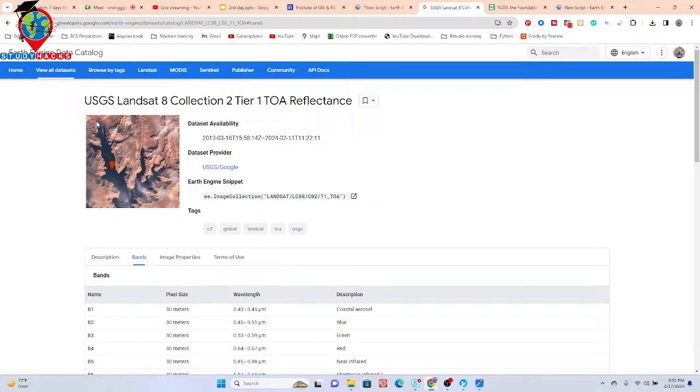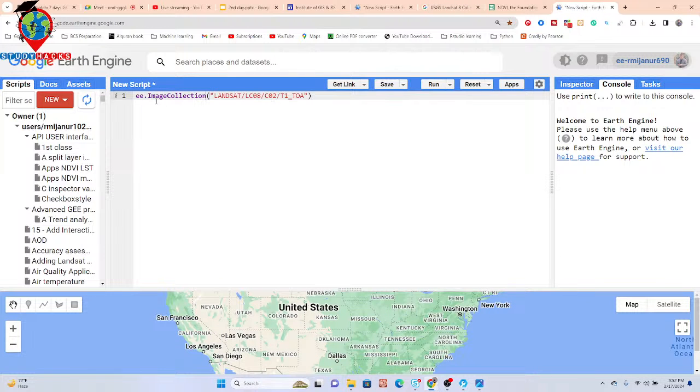First of all I need to import this image collection. For importing, simply copy this collection and paste it in your code editor. Then give a variable name. I put a name, suppose Landsat, but you can put any name, no problem. So now this is my image collection, and I store it in the variable Landsat. You can put any name. So now further I just